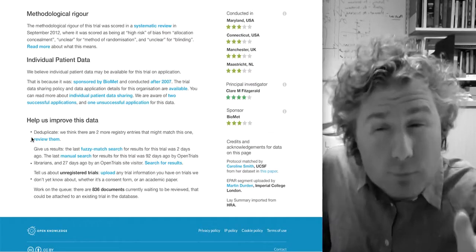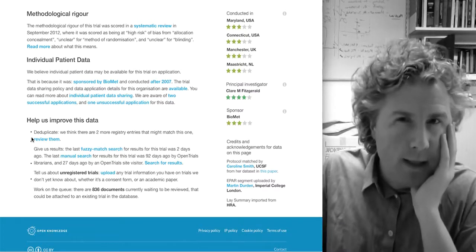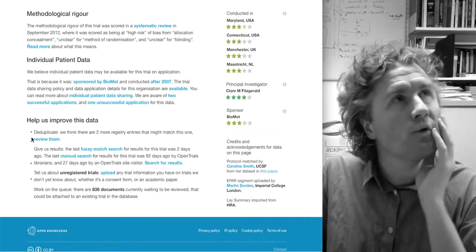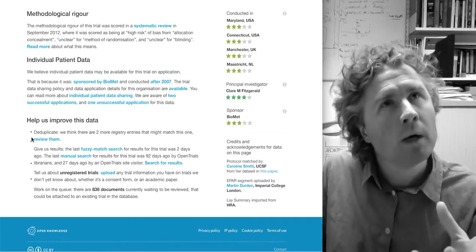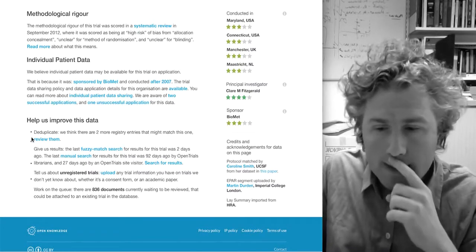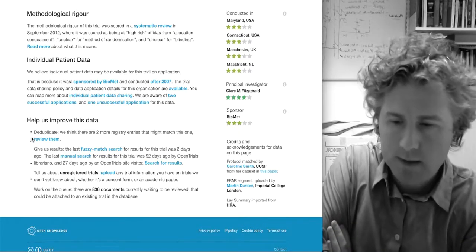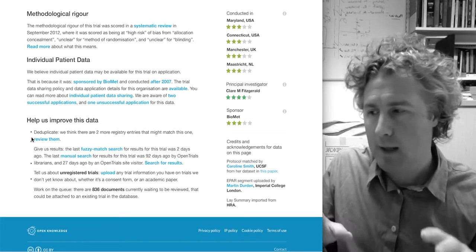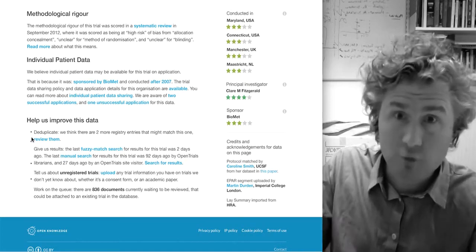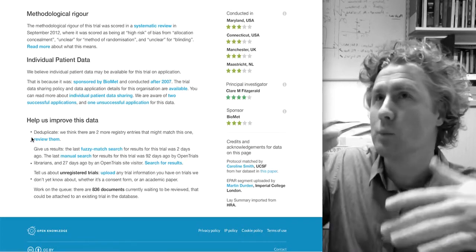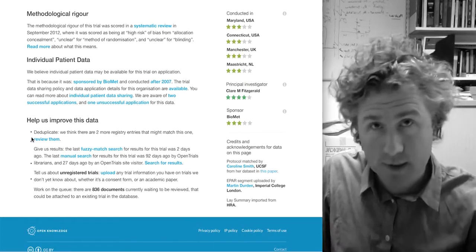Anyway, we've got lots of really interesting ideas around how to track manual searches and search strategies, and also track your search strategy and then rerun it. So one thing that we could do, for example, is we could put a window onto PubMed through Open Trials. So you could say, I'm looking for this trial now, and we can track your search strategies and the returns that you got.